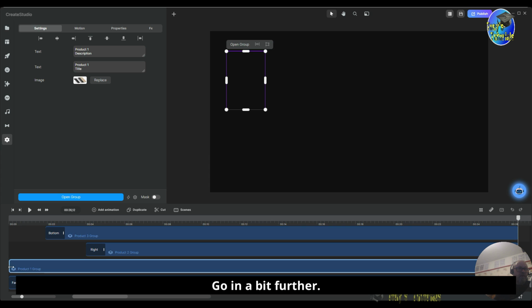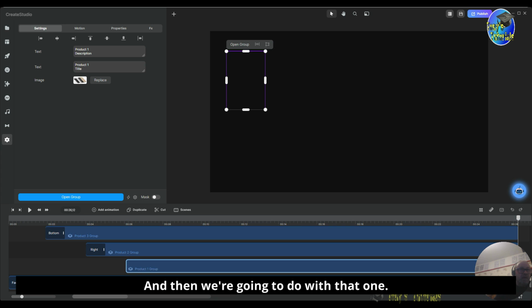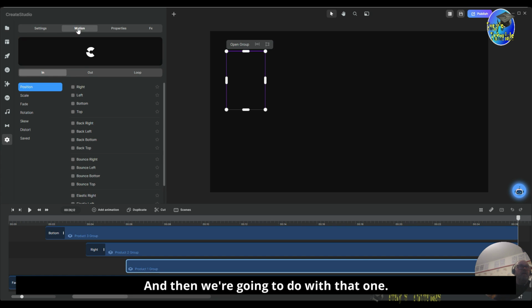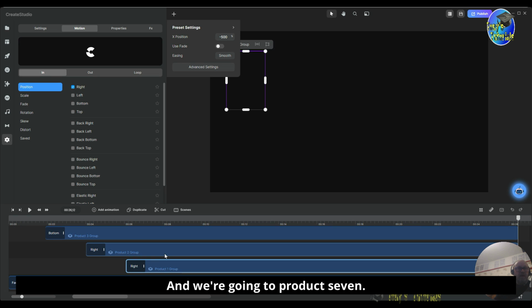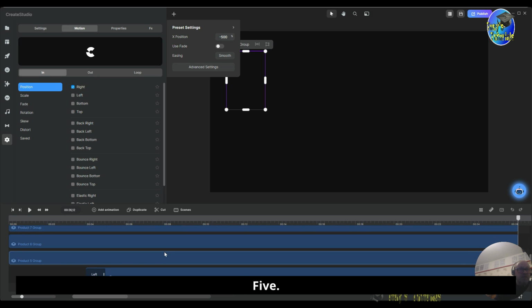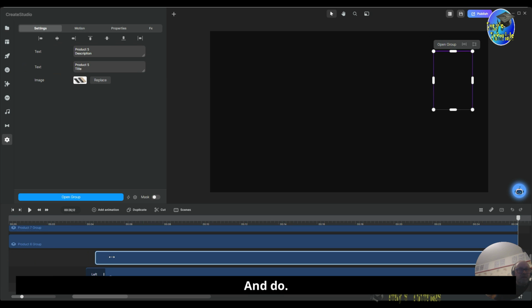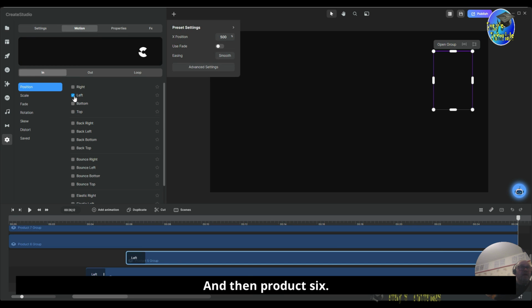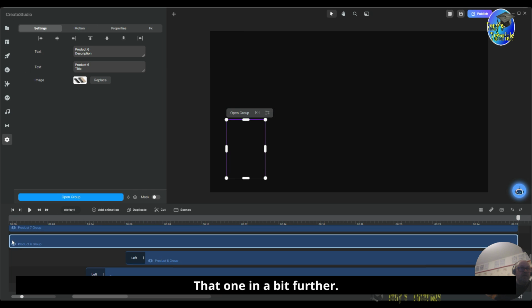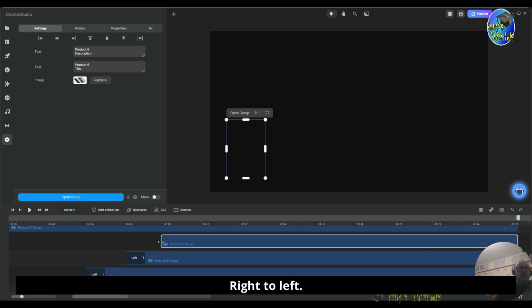That needs to go in a bit further to 6, and then we're going to do that one, right, and we're going to go to product 5, sorry, and do left motion, left there, right, and then product 6, we're going to do the same with that one, take that one in a bit further and do that one coming in from